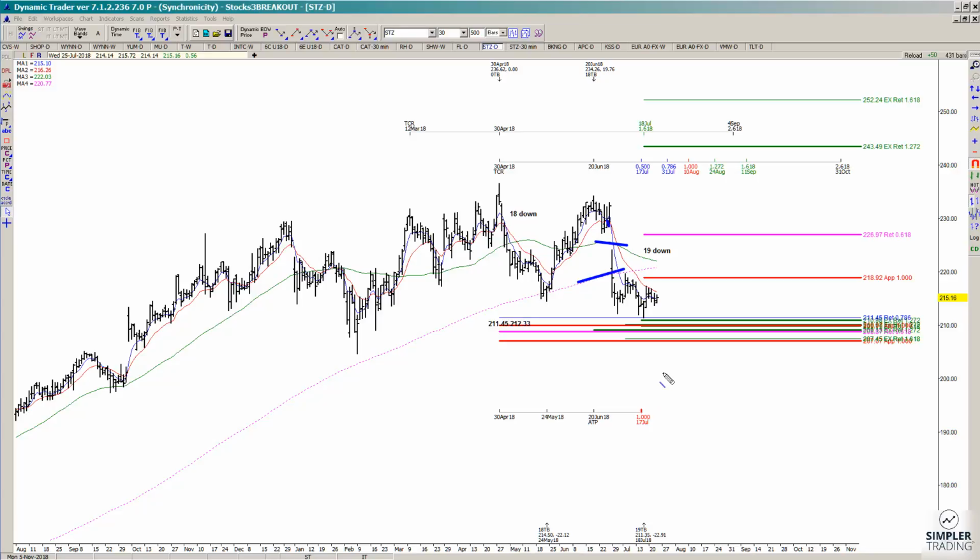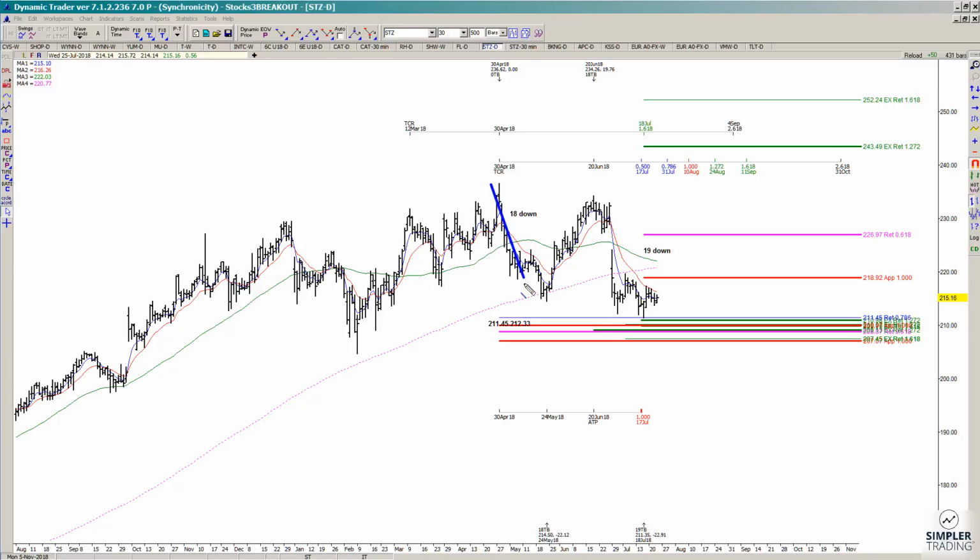Well, I have to tell you that before Tesla rallied like 80 bucks, it was in the same exact position. None of the moving averages were in its favor, but I did have time and price. So that's why I'm willing to look at a very low risk entry on this one, and I'll show you why. First of all, if I'm going to look at any counter trend trade decision, I do want to see